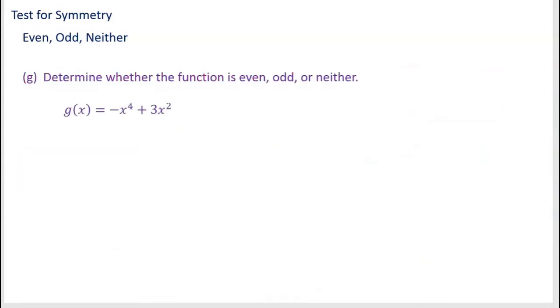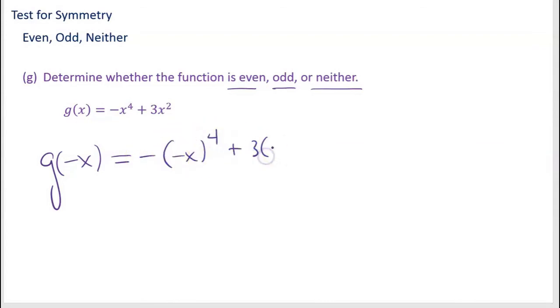Now, for these problems, we're just supposed to flat out determine whether the function's even, odd, or neither. And the test is really to substitute in negative x for x. So it's not like 3 different tests when we were looking for x-axis, y-axis, or origin symmetry. When it's in function form and you're just testing for even, odd, or neither, just plug in negative x. You simplify your expression and then check to see